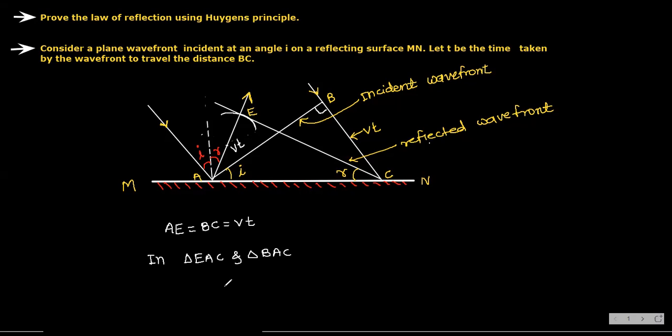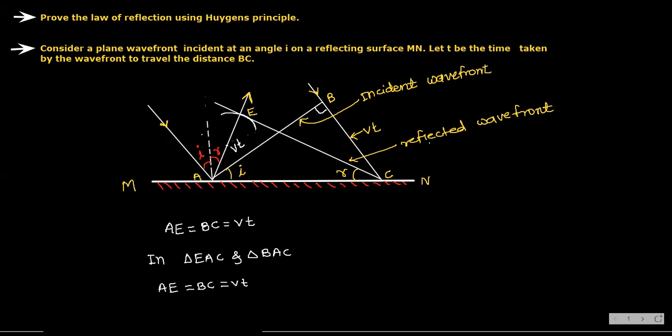In triangle EAC, where E, A, and C, and triangle BAC. These two triangles. Okay. In these two triangles, what we are getting? See, AE is equal to BC is equal to VT,